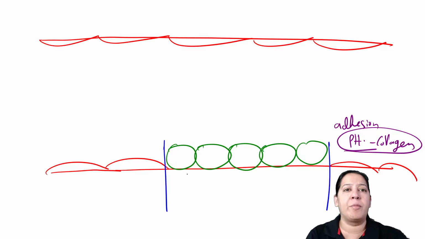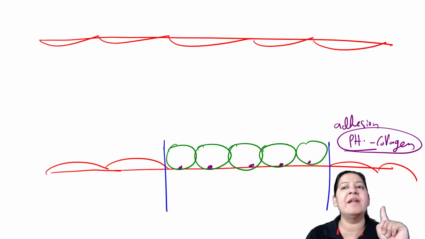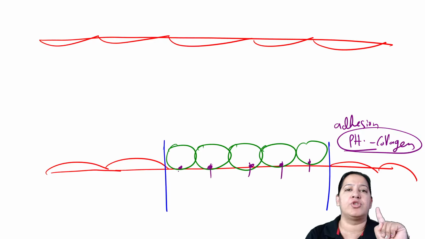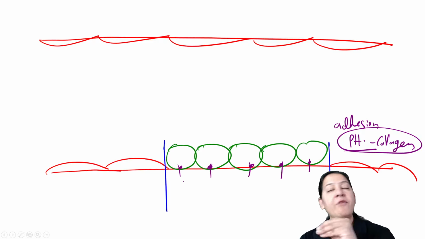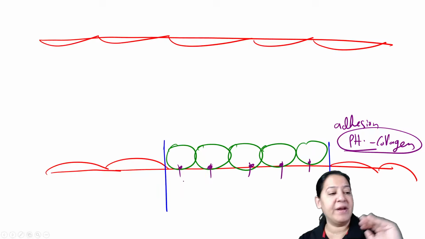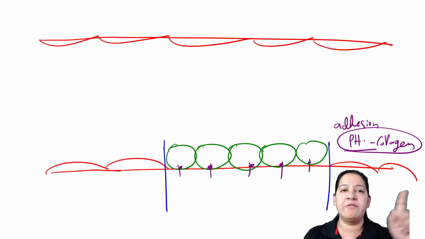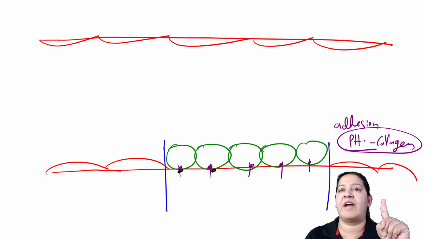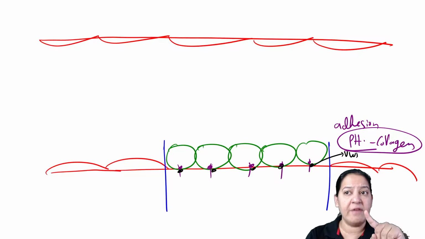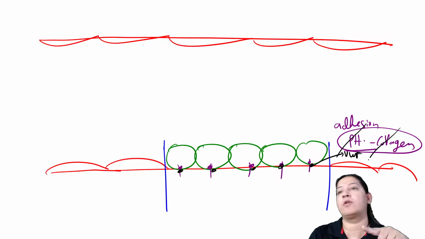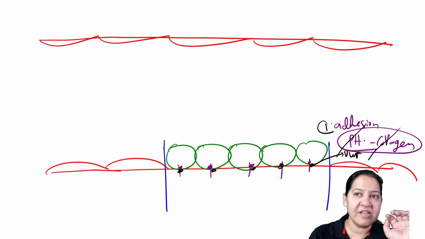In adhesion a bond is formed. Can you see the bond? This bond is formed between the receptors of the platelet and receptors on the subendothelial tissue. That is the first step. The bond formation is not direct. It requires a bridge in between. So the bridge is von Willebrand factor. Von Willebrand factor is present as a bridge here, which is required for formation of the bond between platelet and collagen in the step of adhesion. So the first step is adhesion.